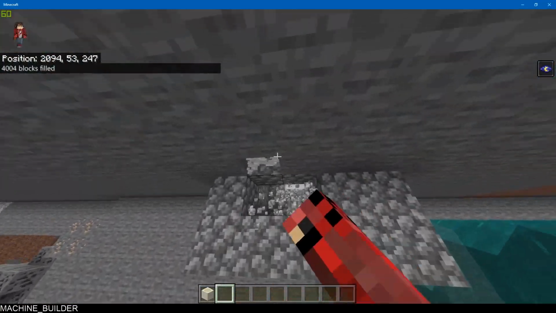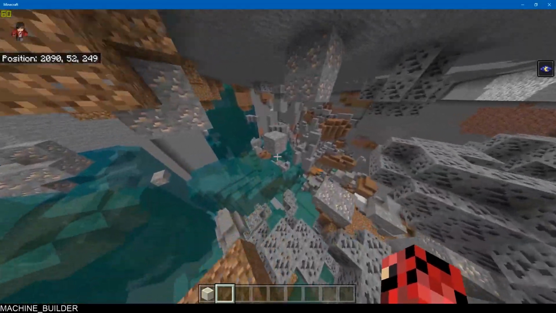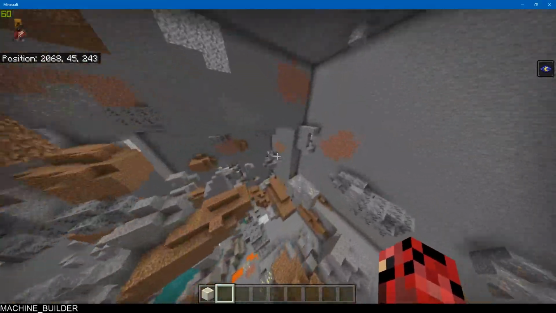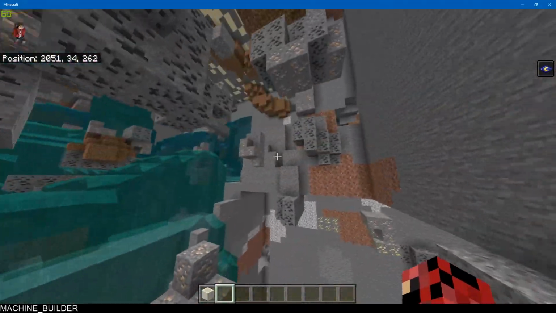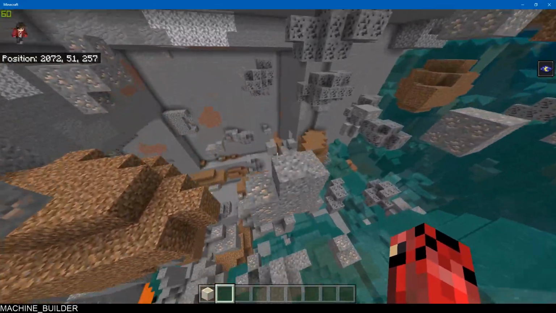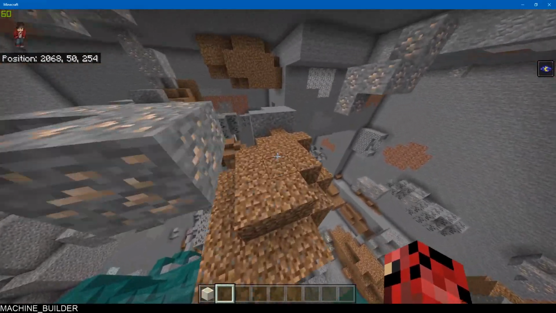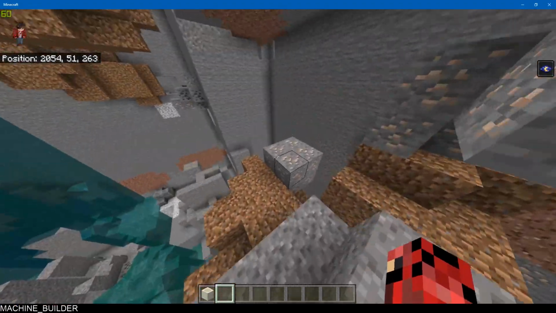Anyway, here's another one. Yeah, you get the idea. They spawn underground, based on the frequency and height you set them at. So if you want to make a dungeon, you can do that. I will show you another example of making one that spawns